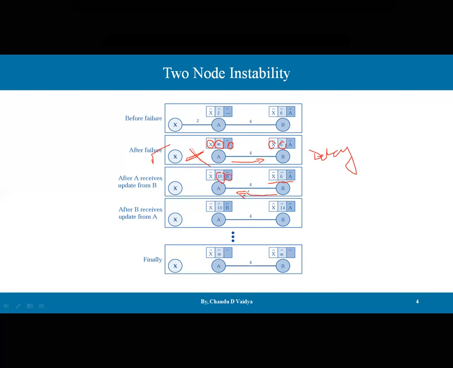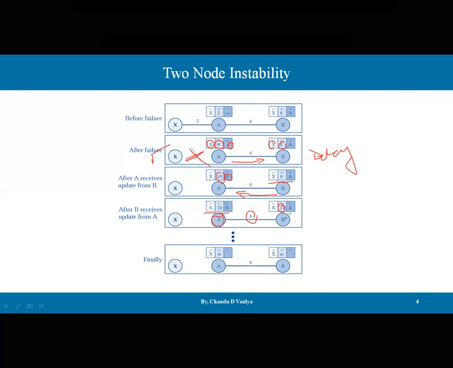Okay. Next time, in the next interval, again this scenario is going to happen. A is saying that I have a path to reach X, and he is sending this message from A to B. So after B receives the updated message from A, this will be the scenario. Then again A will send to B. A sends to B, initially it was 10, and 10 plus 4 becomes 14, and A is saying I have a path to reach X to B, and B is accepting.